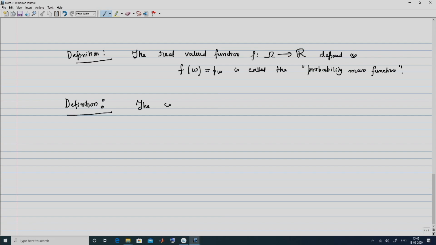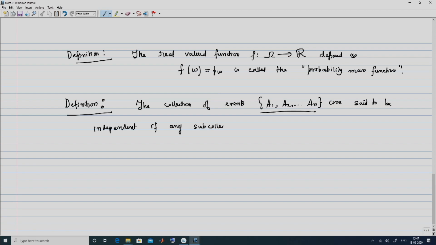Okay, so continuing with our definitions, let us move on to the notion of independence of events. Accordingly, the collection of events A1, A2 all the way through AN are said to be independent if any subcollection of these n events, which I will denote as AS1, AS2 all the way to say ASK of events,